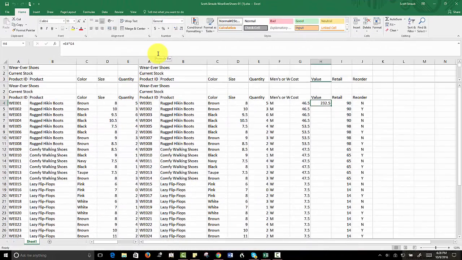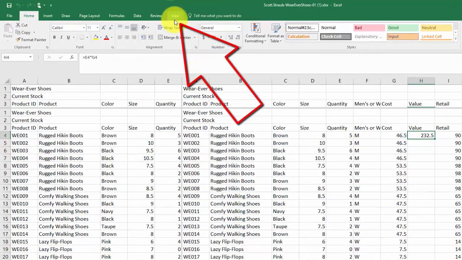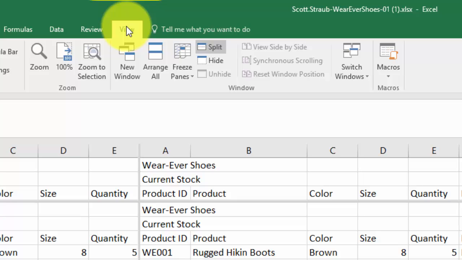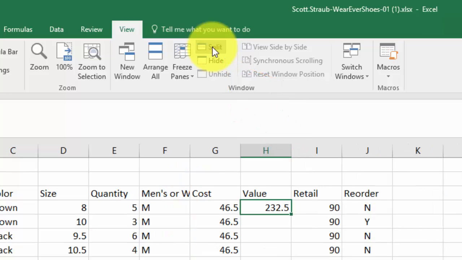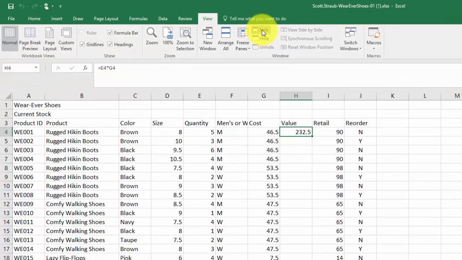Step 2, remove a split and freeze panes. Step 2A says click the Split button. And if you head up to the View tab up here, click on it, you'll see a button called Split. Select that. Next, 2B. It says click on cell A4 so you can see the letters across the top and